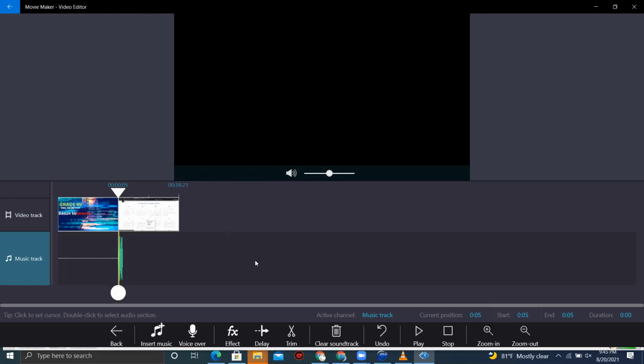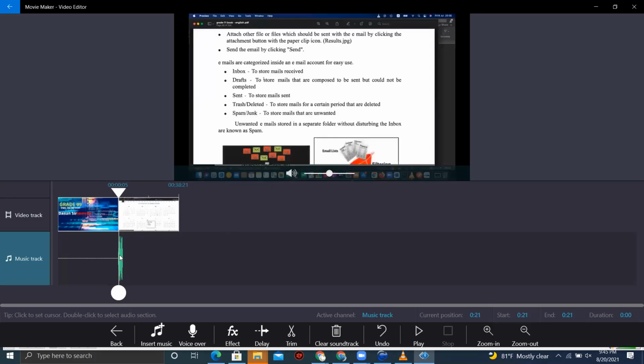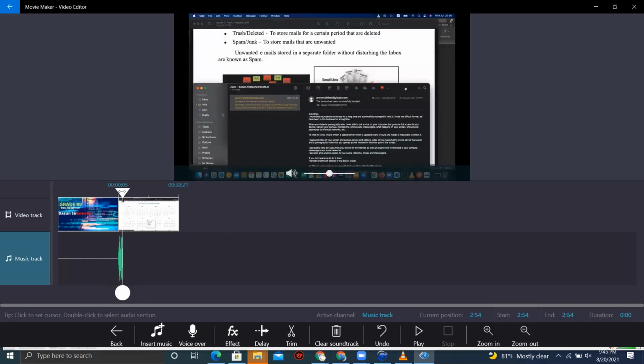So what I can do is I can just copy and paste this audio multiple times. Here, just copy the audio and paste it here. And by doing that, I can apply this audio to the entire video. Otherwise, the audio is not enough. You have to download audio long enough to support a 30 or 40-minute video. One thing is that, or you can repeat the background music again and again.